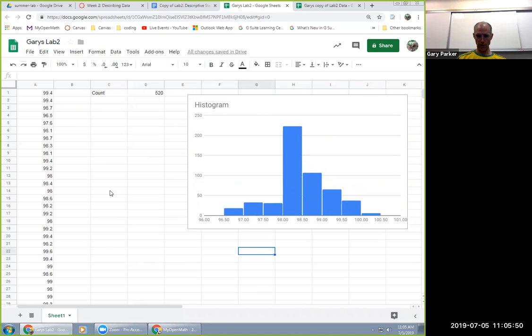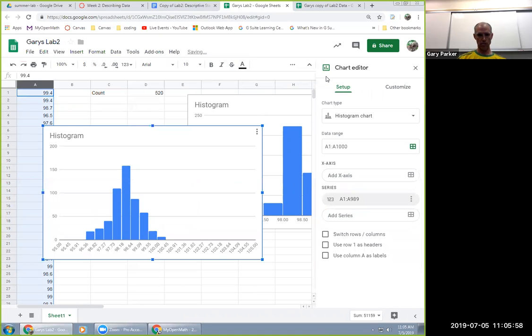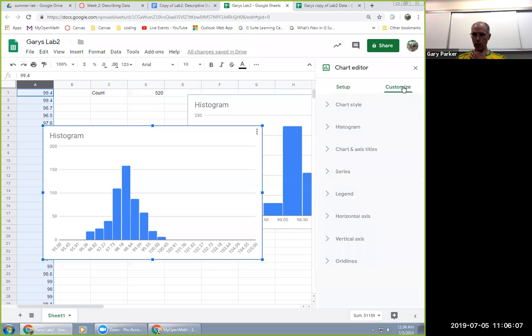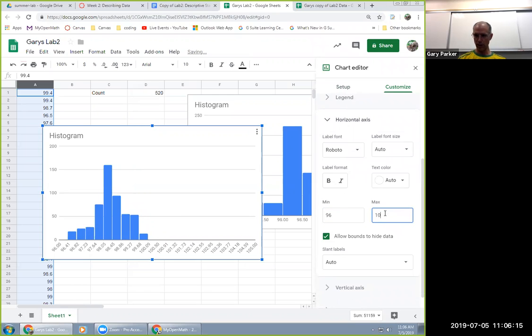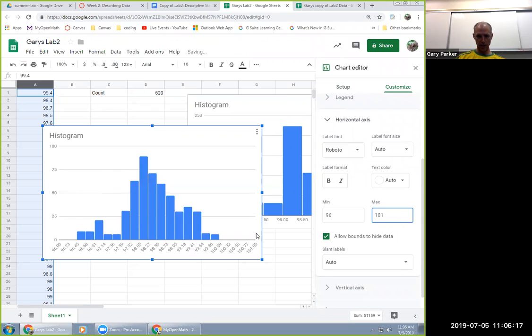And then to make another, I could do the same thing. I could go and highlight the data. I could try doing the whole column. Sometimes that doesn't go well. About as good as before. And maybe you like the automatic way. Now it picks some weird starting and ending numbers, so I don't like that. So let's go to Customize again, and we'll go to the horizontal, and let's start at 96, go up to 101 again, and let's pick a slightly different